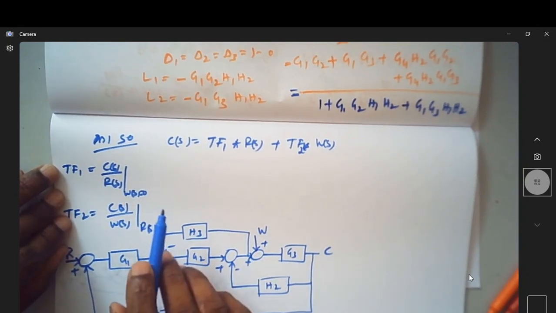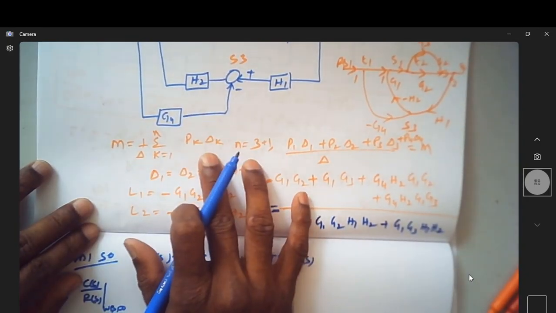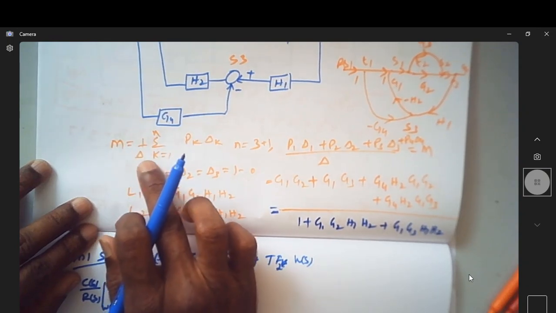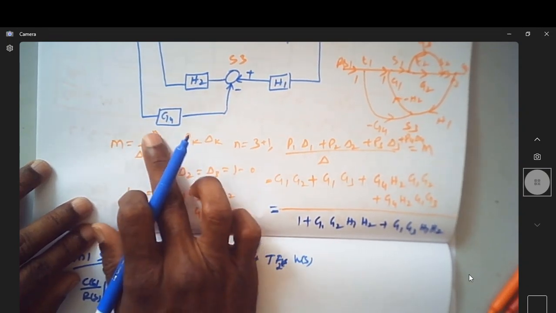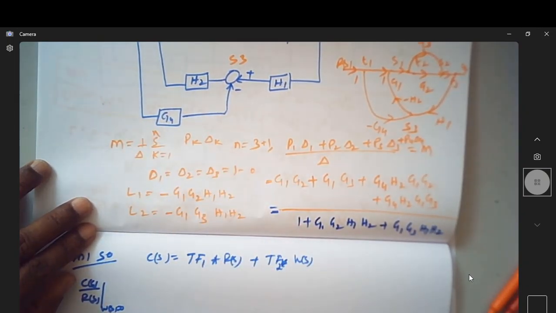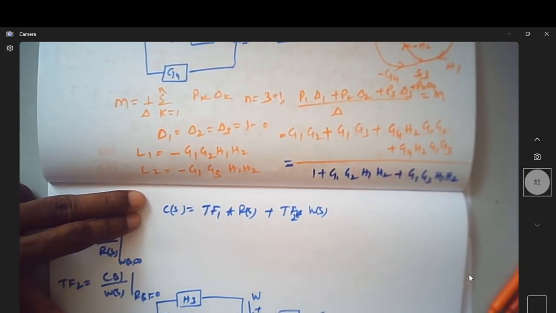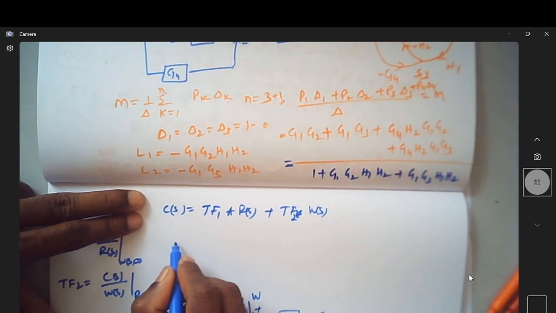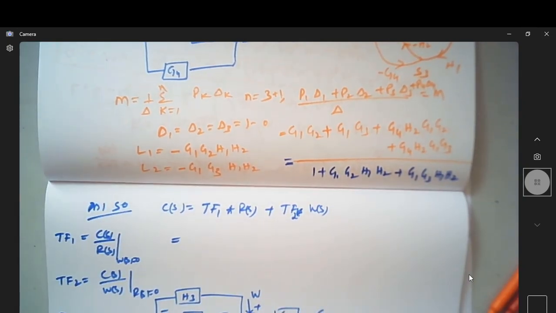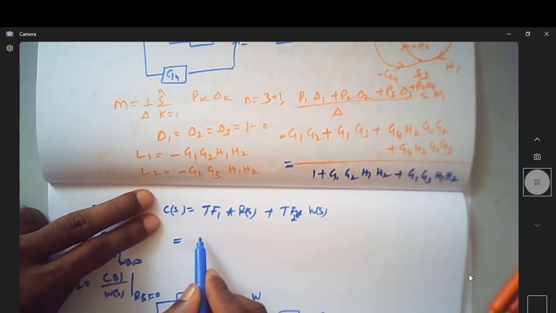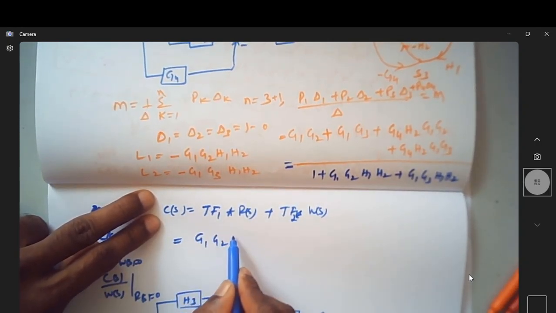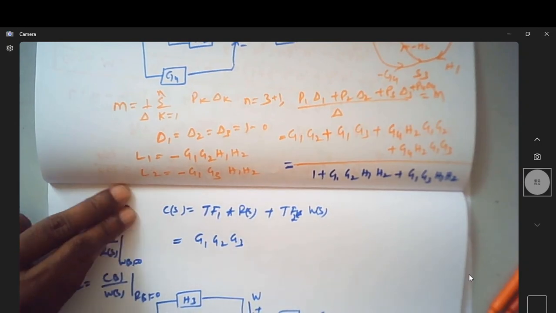You can work it out this way using Mason's gain rule, 1 over delta summation k equal to 1 to n Pk delta k, identifying the number of forward paths and so on. So let me write directly what is the transfer function for this one. Is this not a forward path? G1, G2, G3 is a forward path